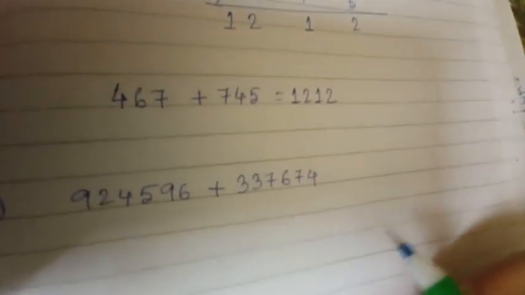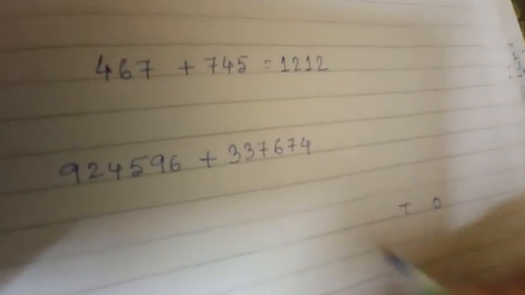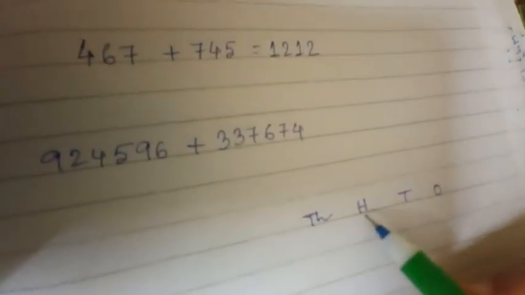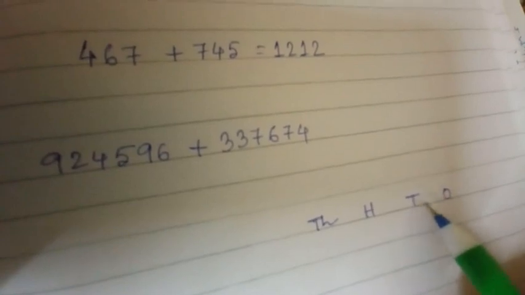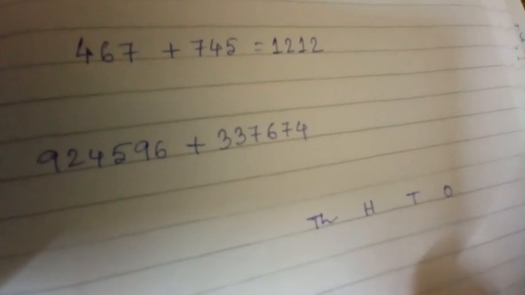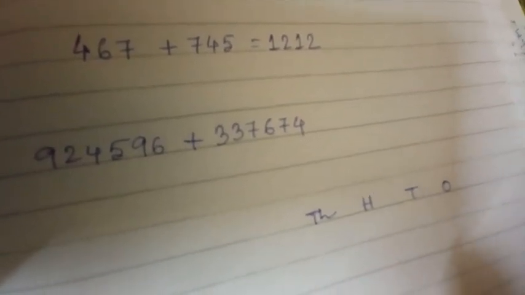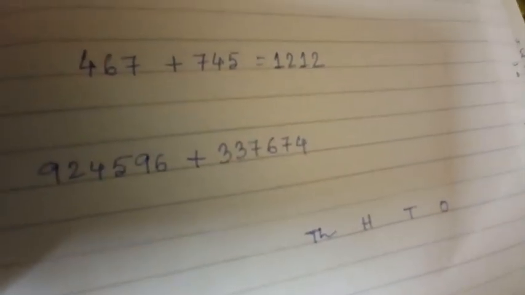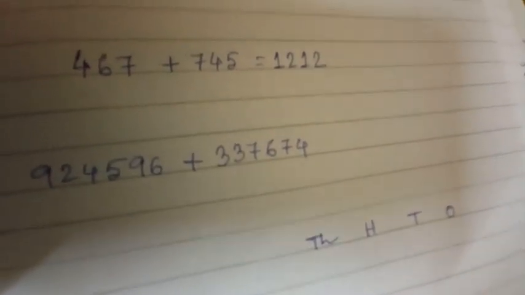Okay, now the first step is that at first you write these two numbers in a place value chart. So you start by making a place value chart: 1's place, 10's place, 100 place, 1000 place. You see students, one thing, in between ones and tens place and tens and 100 place, I am keeping some space, because if you write it congested, it is difficult for addition. So if you do it this way, it helps us to show exactly what digit is in that place.